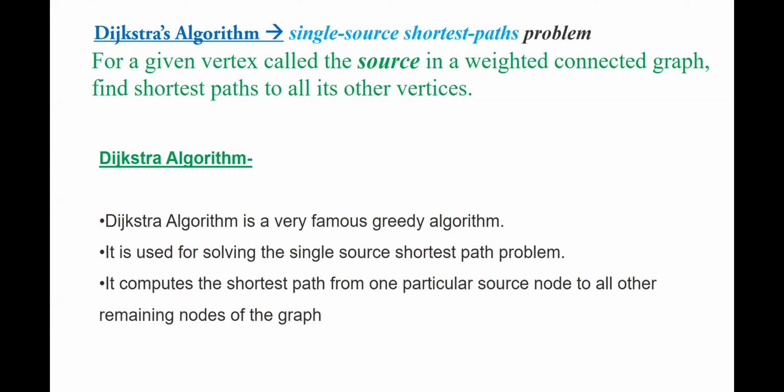It is not like just covering all the nodes with minimum edges. It's not a spanning tree. The concept of Kruskal's and Prim's to find the minimum spanning tree is different from Dijkstra's agenda. Here we will speak with respect to one particular source node. From that node we will be finding the minimum paths to all the other nodes of the given graph. The agenda is this. With this understanding of the purpose of Dijkstra's algorithm, we'll proceed.